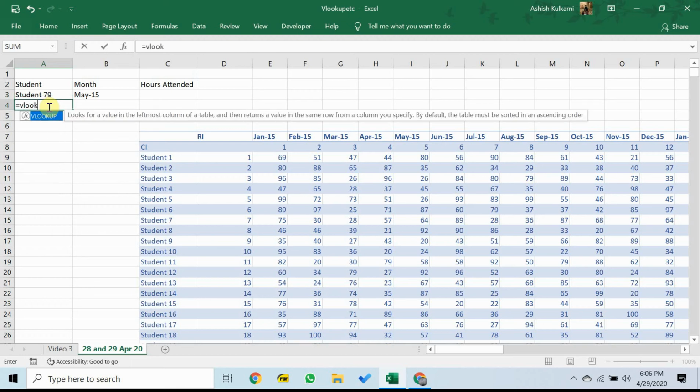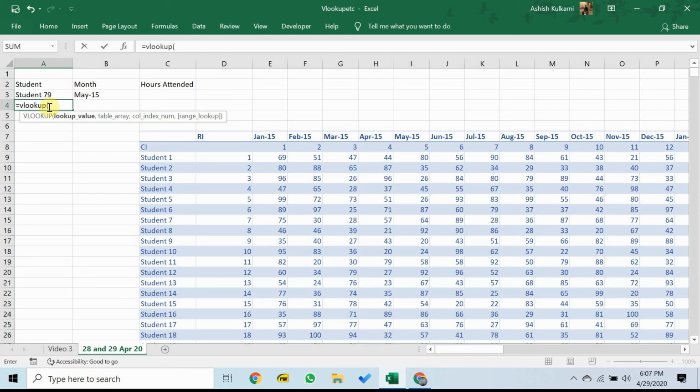What is the VLOOKUP formula? A useful thing to keep in mind, whenever you enter a formula in Microsoft Excel, say for example as I have right now, is equal to VLOOKUP, and I enter the first bracket, Excel shows me the arguments of the function, the inputs that are required in the function. The inputs that are required for this particular function, the VLOOKUP function, to work are the lookup value, the table array, the column index number, and something known as range lookup.